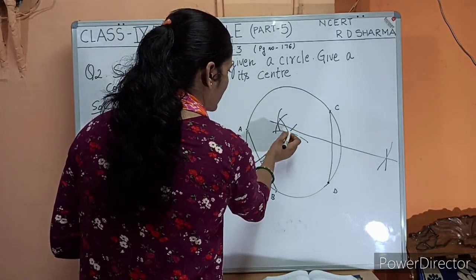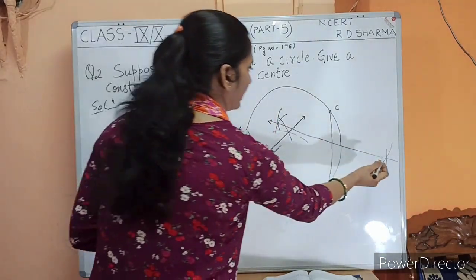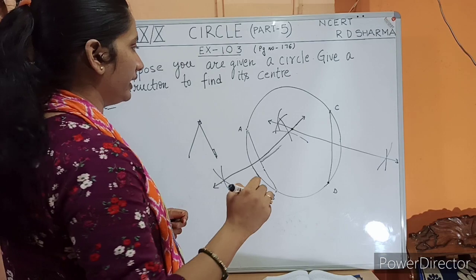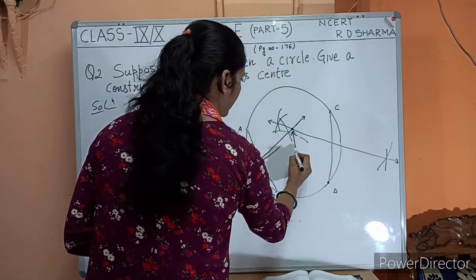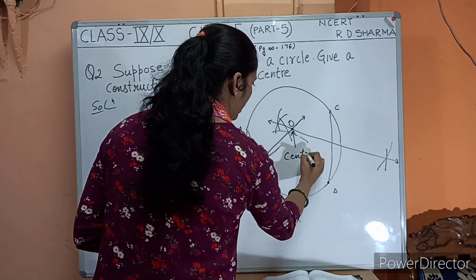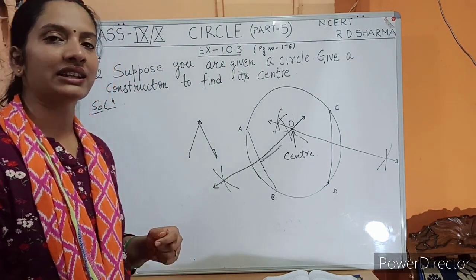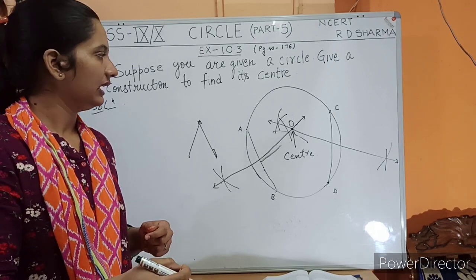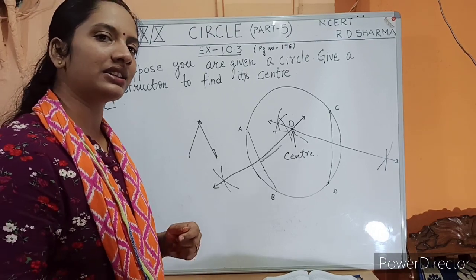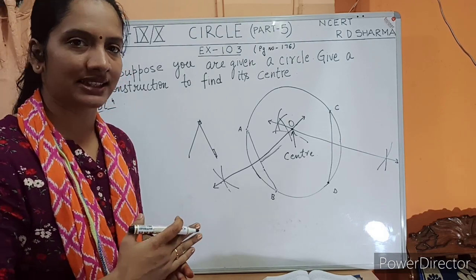So children, here you can see this line, this was the first line and this was the second line. ये जो पहला और दूसरे line का जो intersection point होगा, ये intersection point आपको देगा circle का center. This will be marked as O and this is nothing but the center of the circle. So in this way you can find out the center of any circle if the center is unknown. How? Just draw the perpendicular bisector of any two equal chords and then the intersection point of those two perpendicular bisectors would be its center.